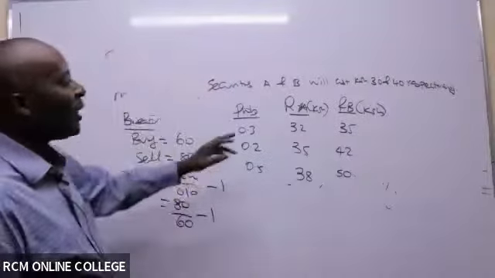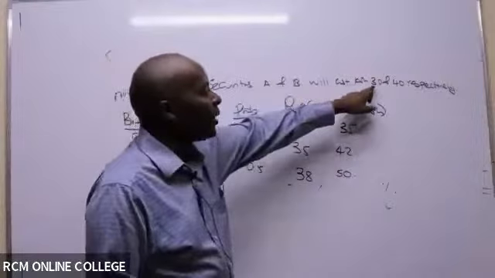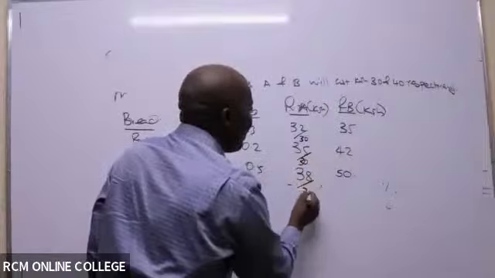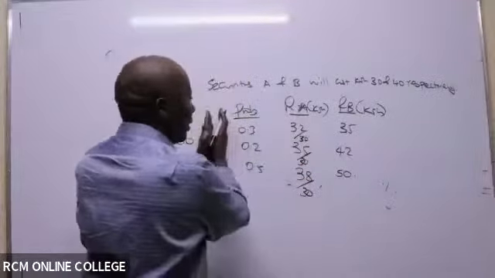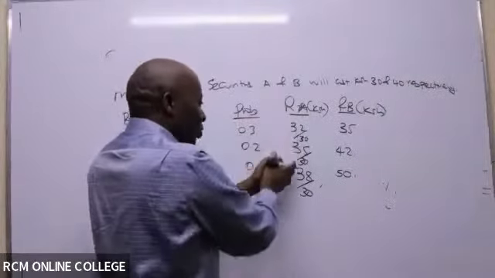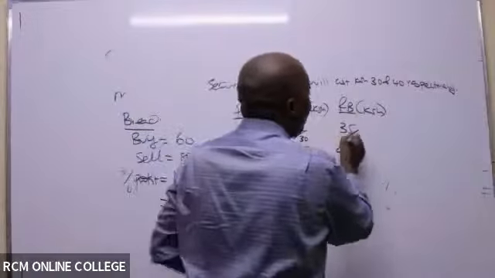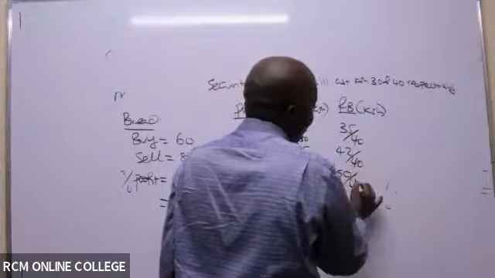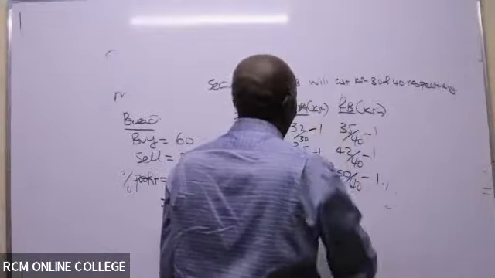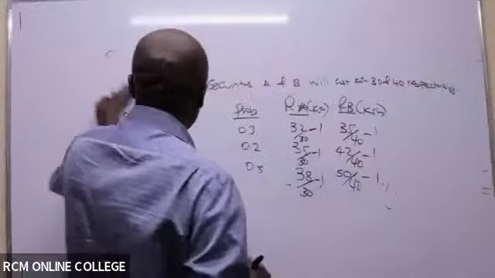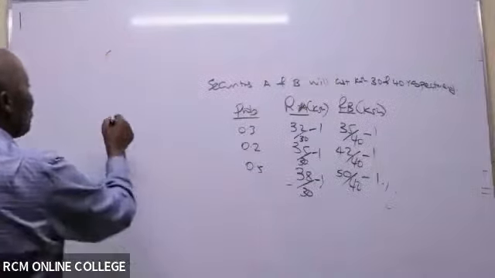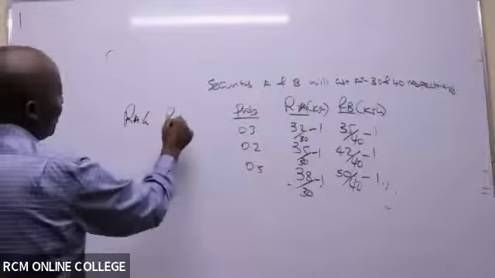Yes. So in that case here, for example, A is going to cost us, the buying price is 30. So what you do, you come here and say divide by 30, divide by 30, divide by 30. Each one of them, remember, regardless of the outcome, the buying price of A is 30, regardless of the economic outcome. And the buying price of B is, you say divide by 40, divide by 40, divide by 40. Then you come and say, returns of A in form of percentages. So I make another table, returns of A percentage, returns of B percentage.